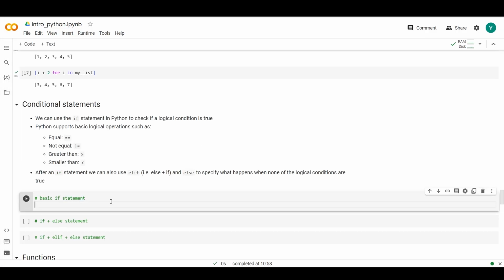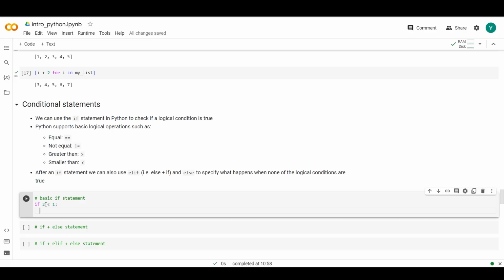So let's do a very simple example. We start, as I said earlier, with the if word, that again is specially colored, indicating that it's a recognized word by Python. So, let's say if 2 is smaller than 1, then this is the logical condition we want to verify. If this is true, we put a colon, and then we specify what we want to happen when this is true. Let's say that if 2 is smaller than 1, we want to print a message that says